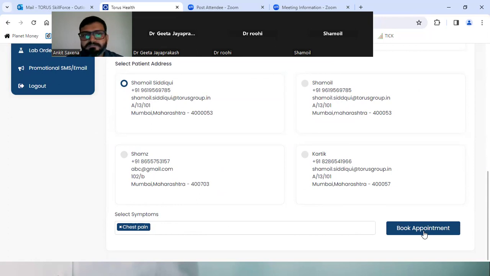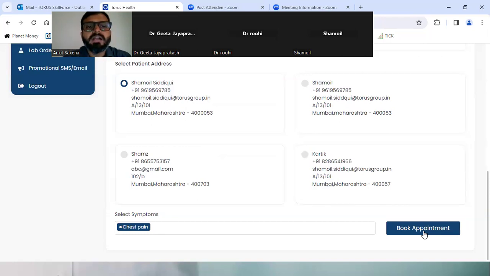Right? So Ankit, I had a doubt here. Yes, Dr. Geeta. Will the patient be connecting with us directly for an appointment, or would it go to the backend team, and the backend team would connect with the doctor and then confirm the appointment? And do we need to fill in this data, or would it be booked by the backend team? If they are booking it, this would be pre-written and then shared with us. Kindly clarify on this.